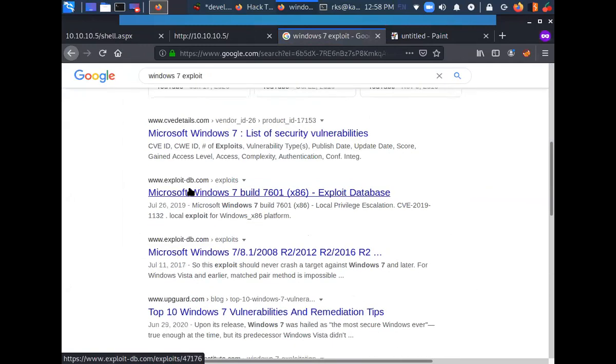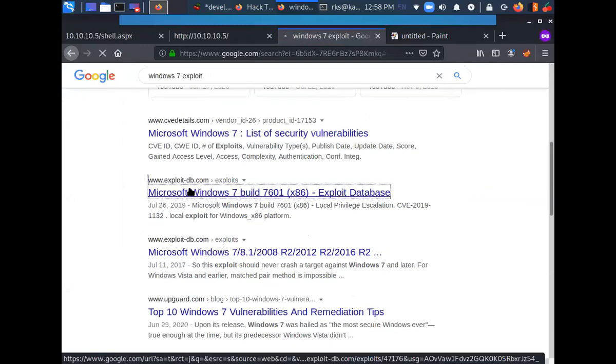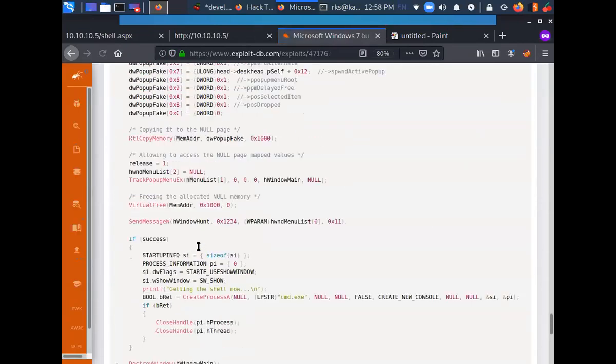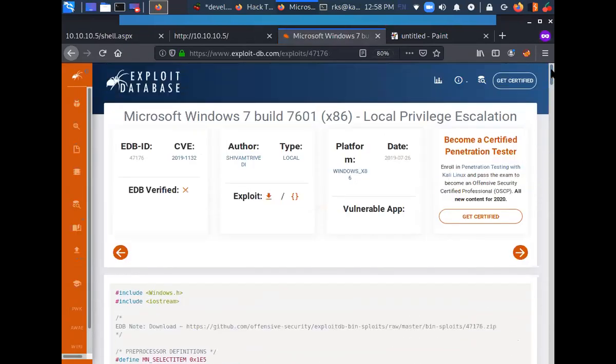Let's search for exploit DB. So we do have some local privilege escalation exploits available on exploit DB, available for 32 bits. The CVE is 2019, so it is pretty recent.